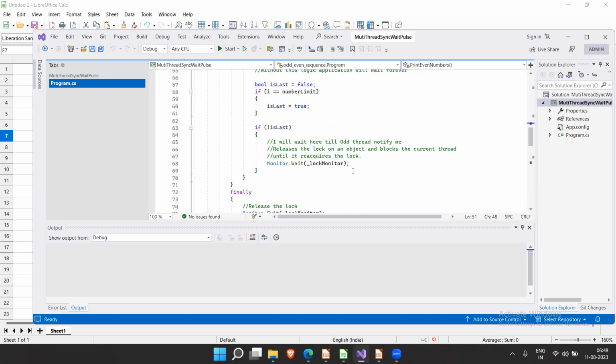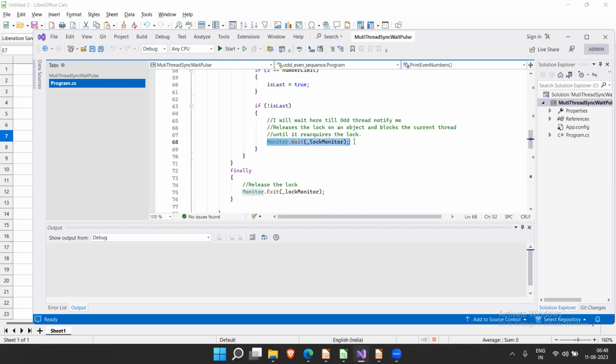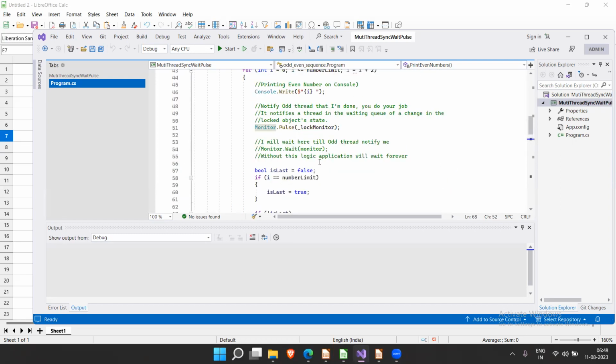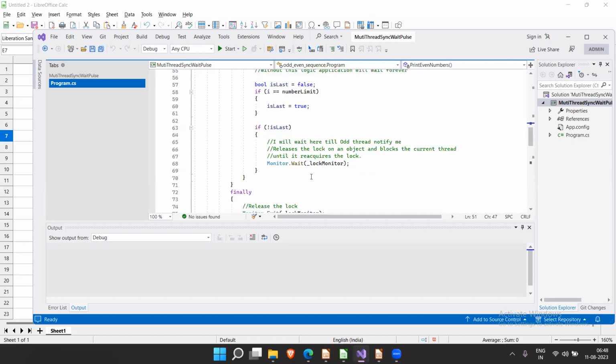And you see I said Monitor.Wait. Wait means my thread is not going to end. It is only for some time. I'm going into a sleep mode, or I'm going to do some other work. In order to do that other work, I really do not need a lock. So I'm giving the control back to other threads, so that the thread can access the critical piece using the lock. So you see I issued a pulse followed by wait,